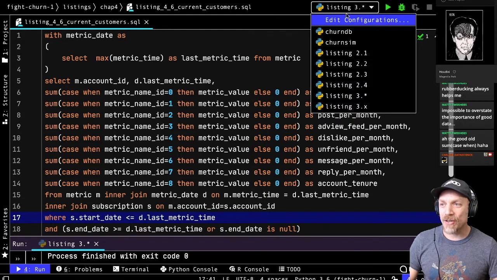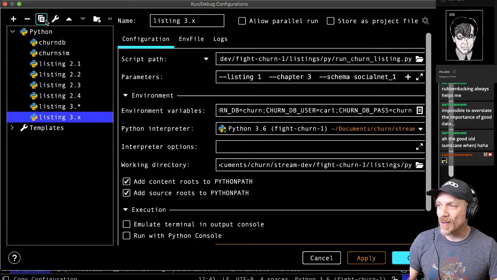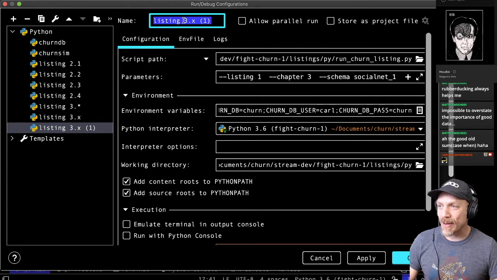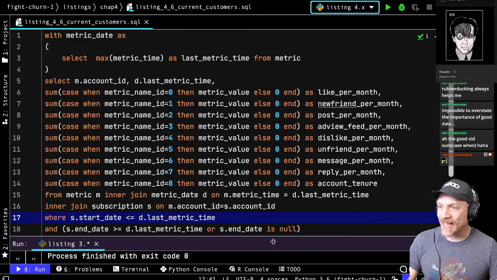So I'm going to make a new configuration here. We're up to chapter 4. Just in case I want my chapter 3 configuration, I recommend just duplicating these configurations once you have them set up. So this will be listing 6, chapter 4, and that's it.